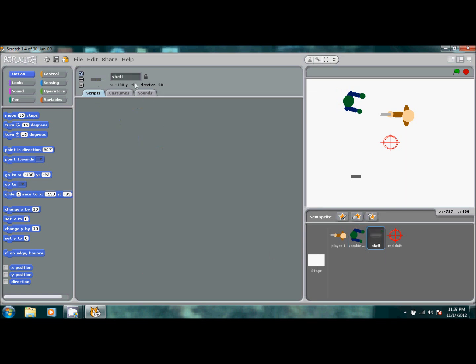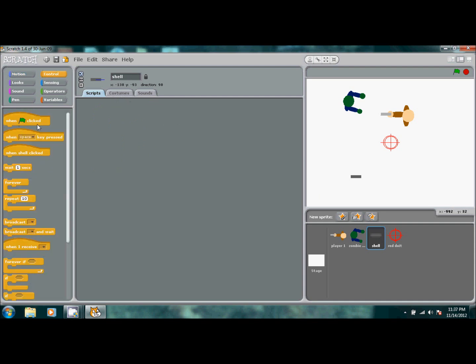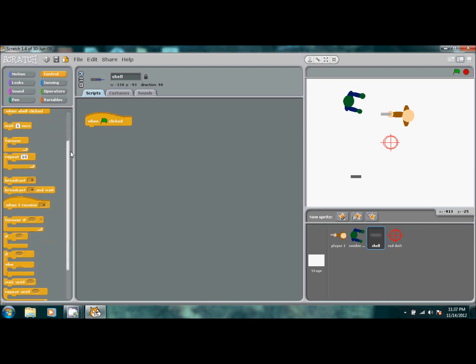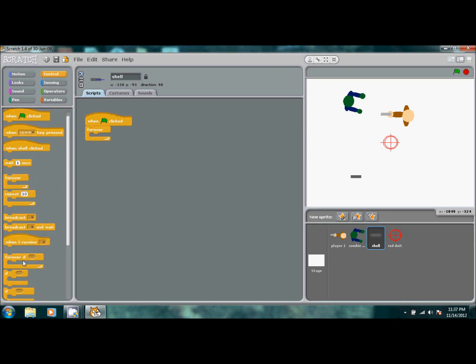Now let's go to shell. We're going to have the shell, so we're going to go to when flag is clicked, forever, and then maybe 2 if, and then an else.